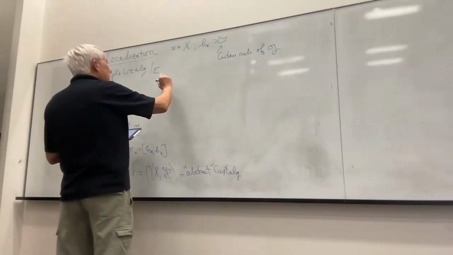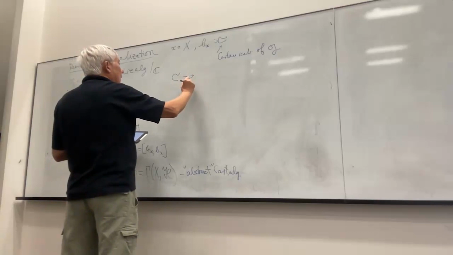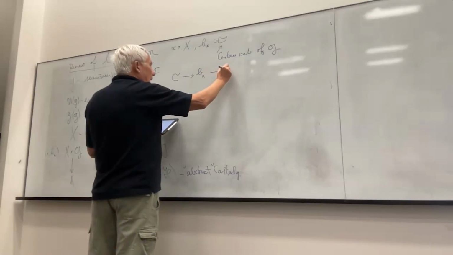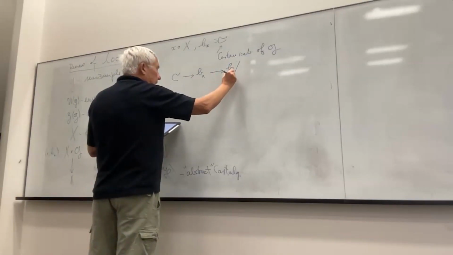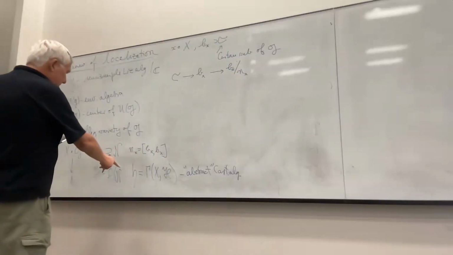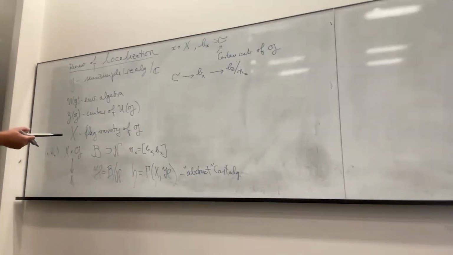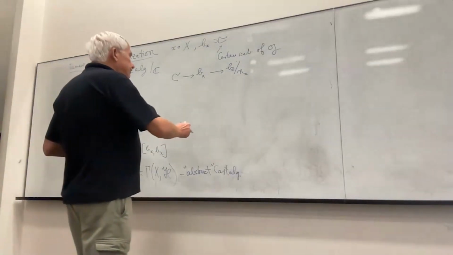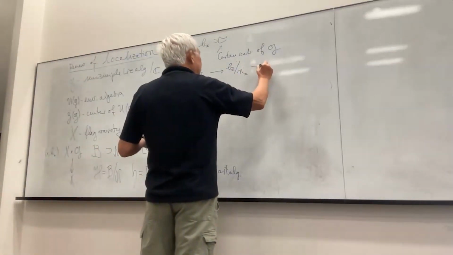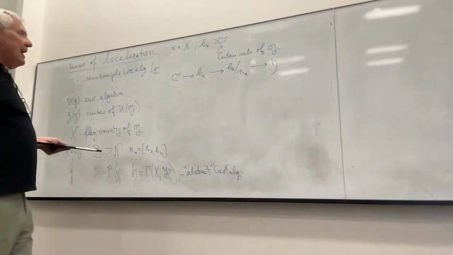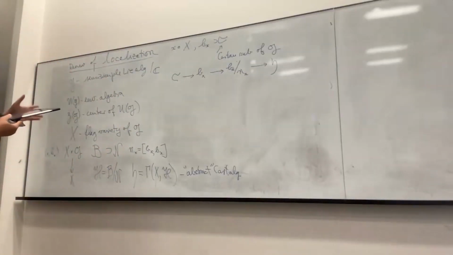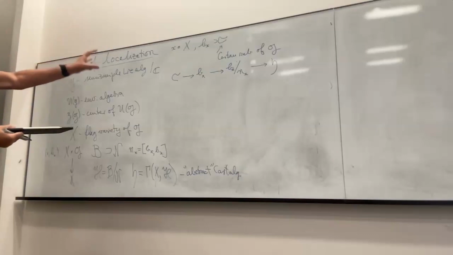And then I can look at the map from c into b_x, which maps onto b_x mod n_x, which is a fiber of our trivial vector bundle. So there is only one global section which passes through this, so we have a natural isomorphism with h. So this gives us, if we fix an x and the Cartan in b_x, a natural isomorphism of that particular Cartan